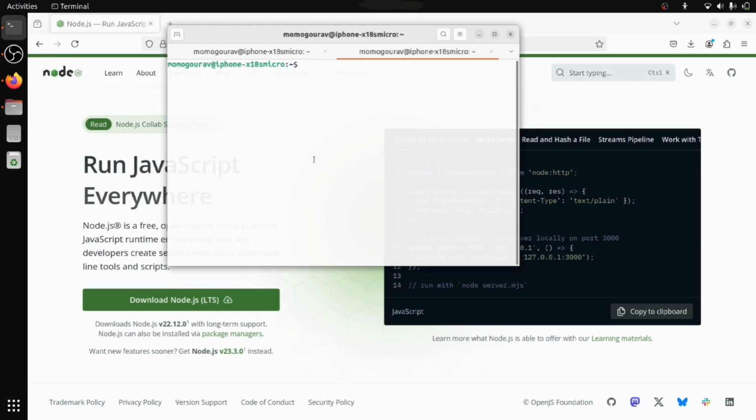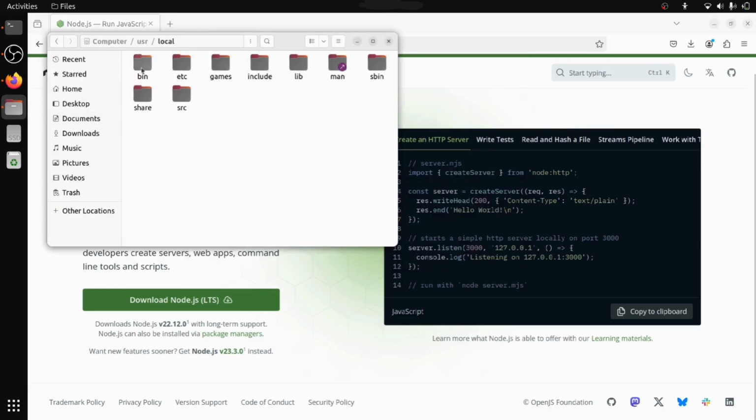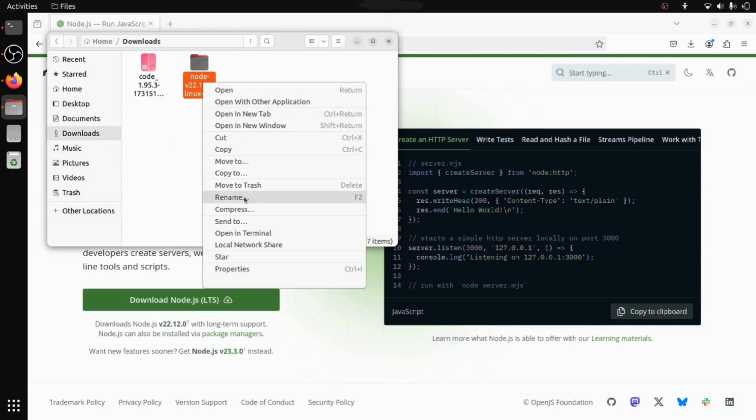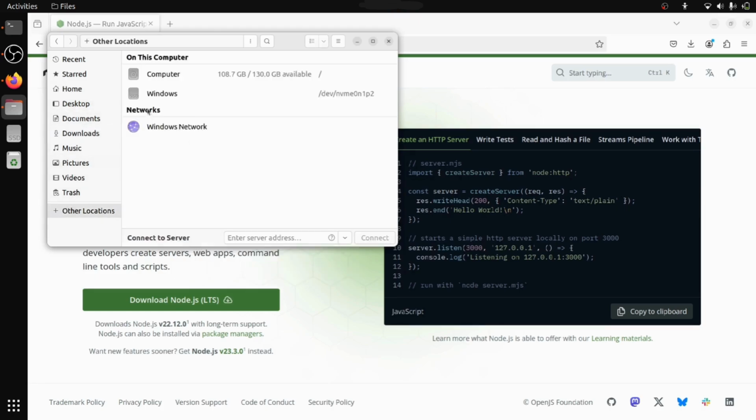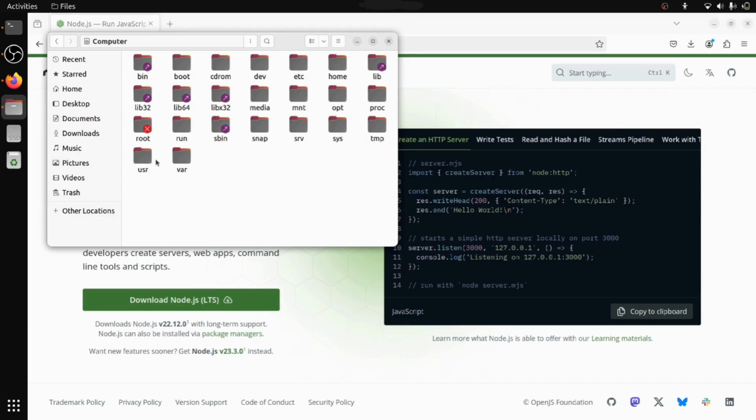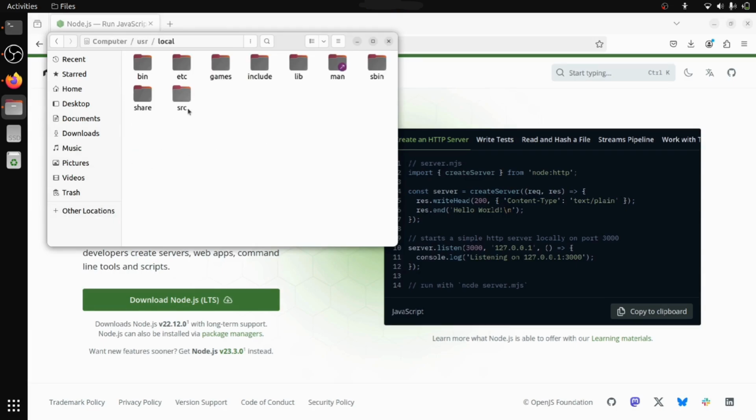Okay, so before doing that, let me rename this one. Simply I am renaming it as node. Okay, so I need to move it. If I try to move it, let me cut, and then other location, computer, user, local, you can see here the paste option is inactive or deactivated, so I cannot paste here without root access. For that reason,